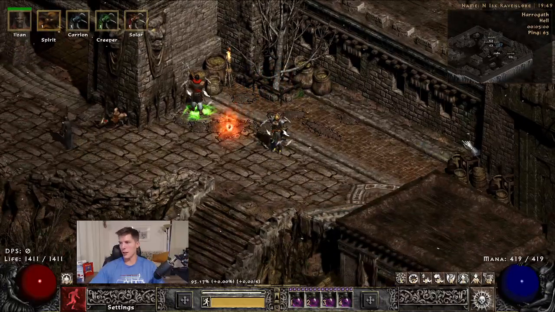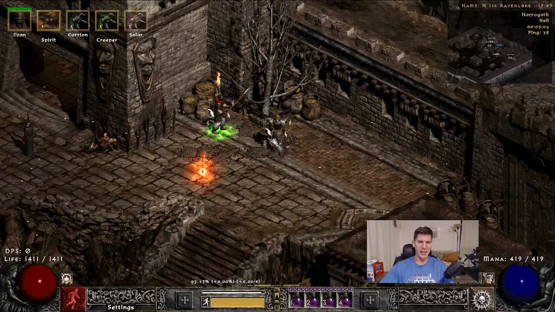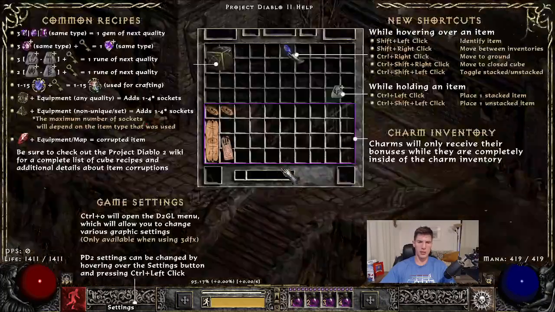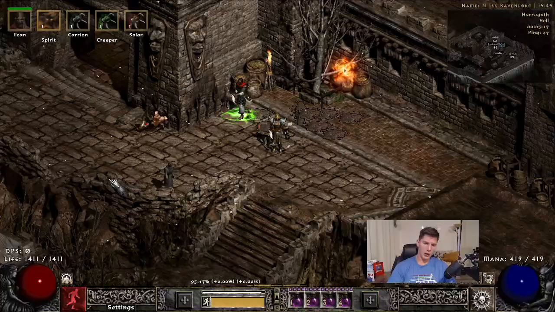Also, I think my big old fat head was blocking it, so we're going to put it over there this time. If you go to the help screen, which again, I don't think I told you last time, if you press H, that will take you to the help screen. You can see right here, these are your advanced options, the game settings. So first thing, again, we're going to go to the Control